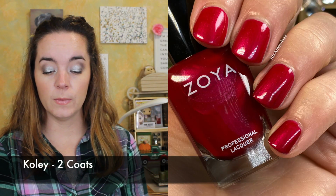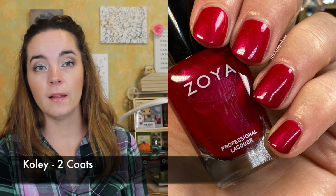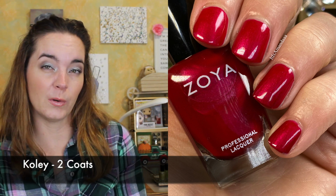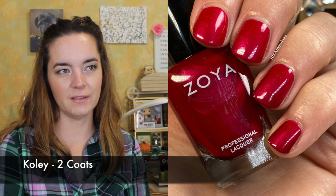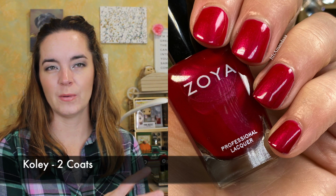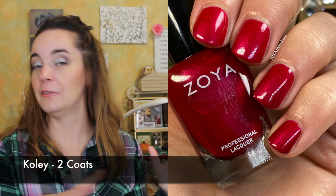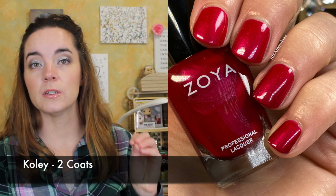The next polish is called Koley, and this is described as a ruby pink metallic. This is another beautiful 2-coat polish. It has that sort of metallic, but closer to pearl finish. It looks a little more pink in person than the pictures are showing. I think the metallicness sort of confused my camera a little bit. I don't really know what's happening there, but it's gorgeous pink,